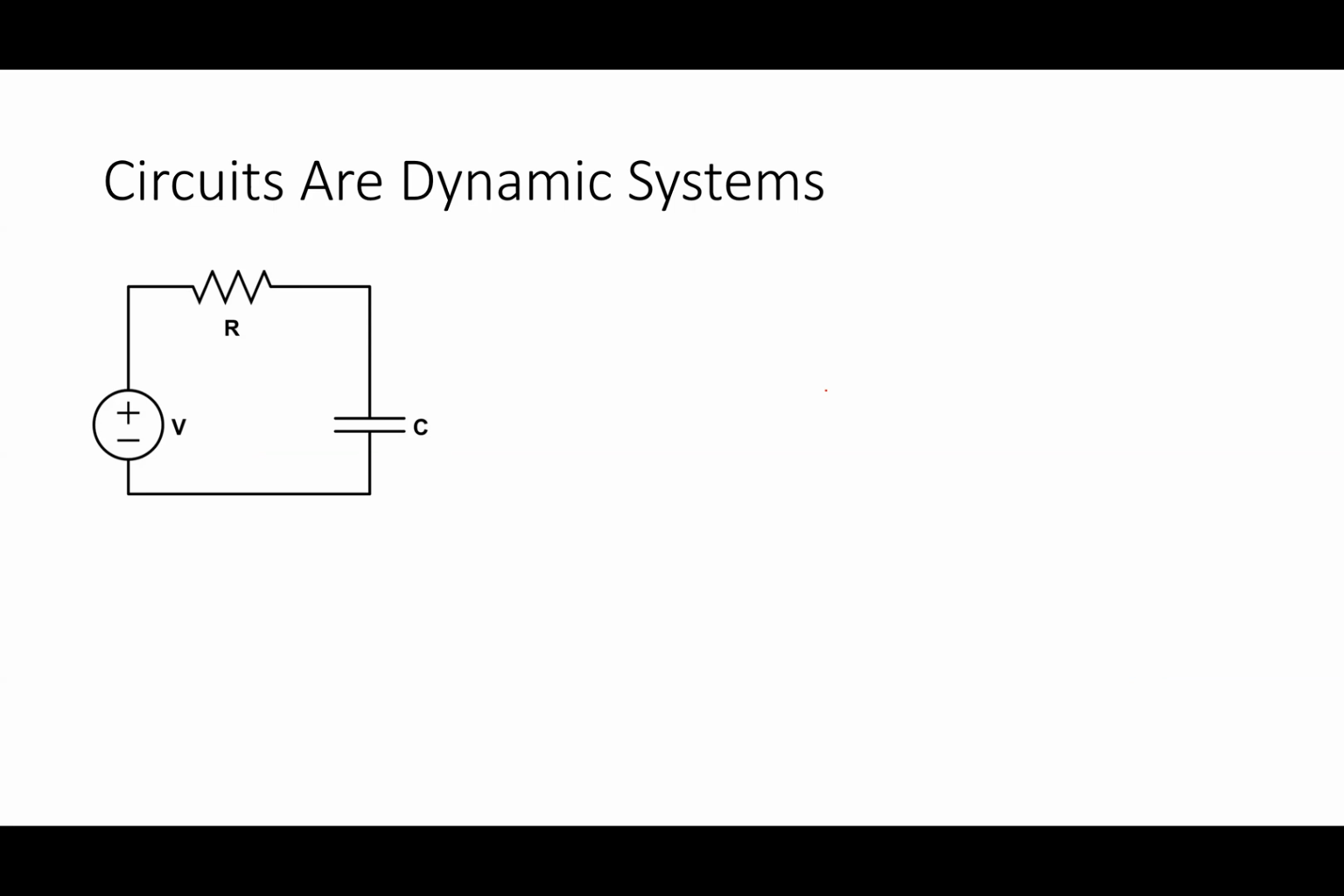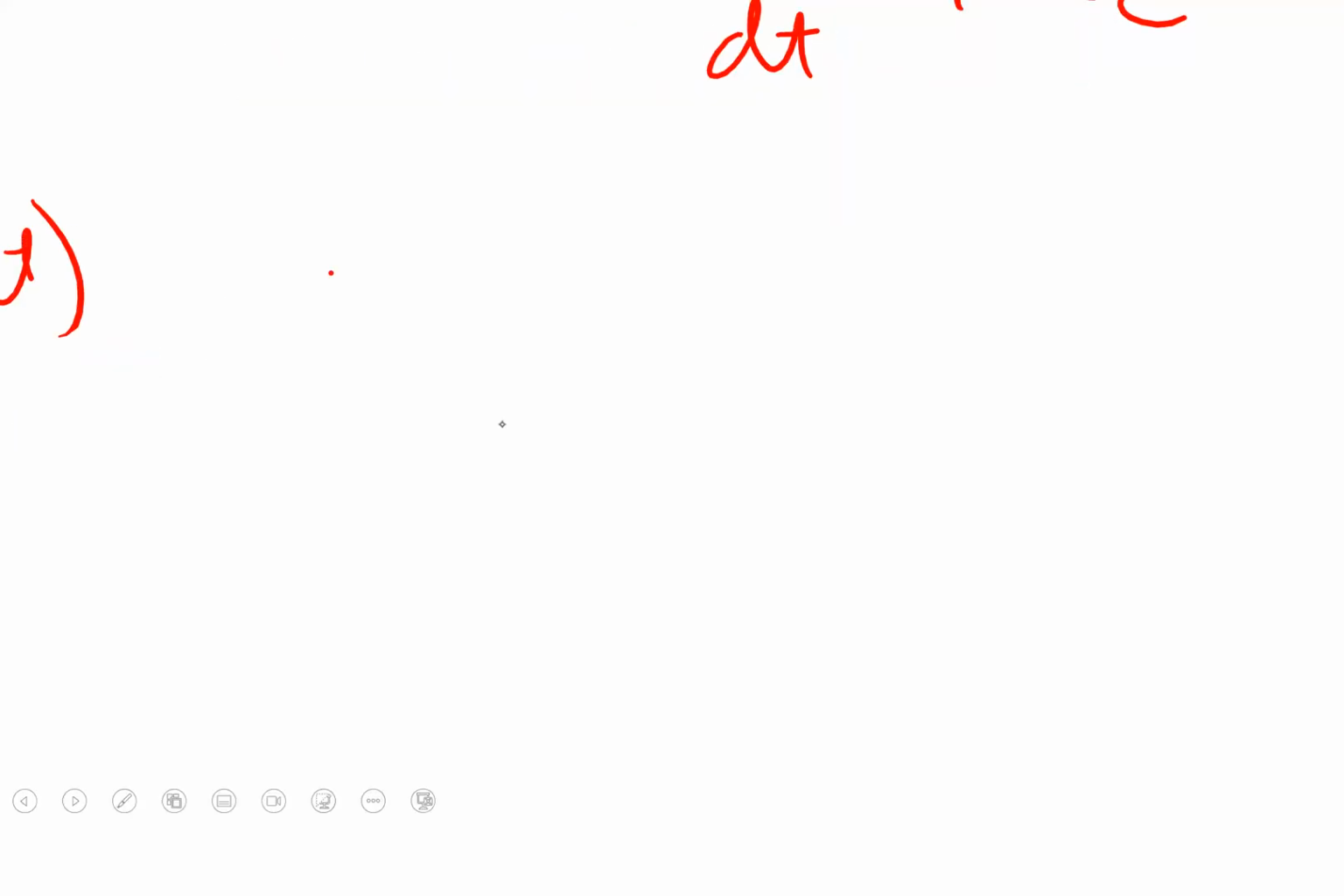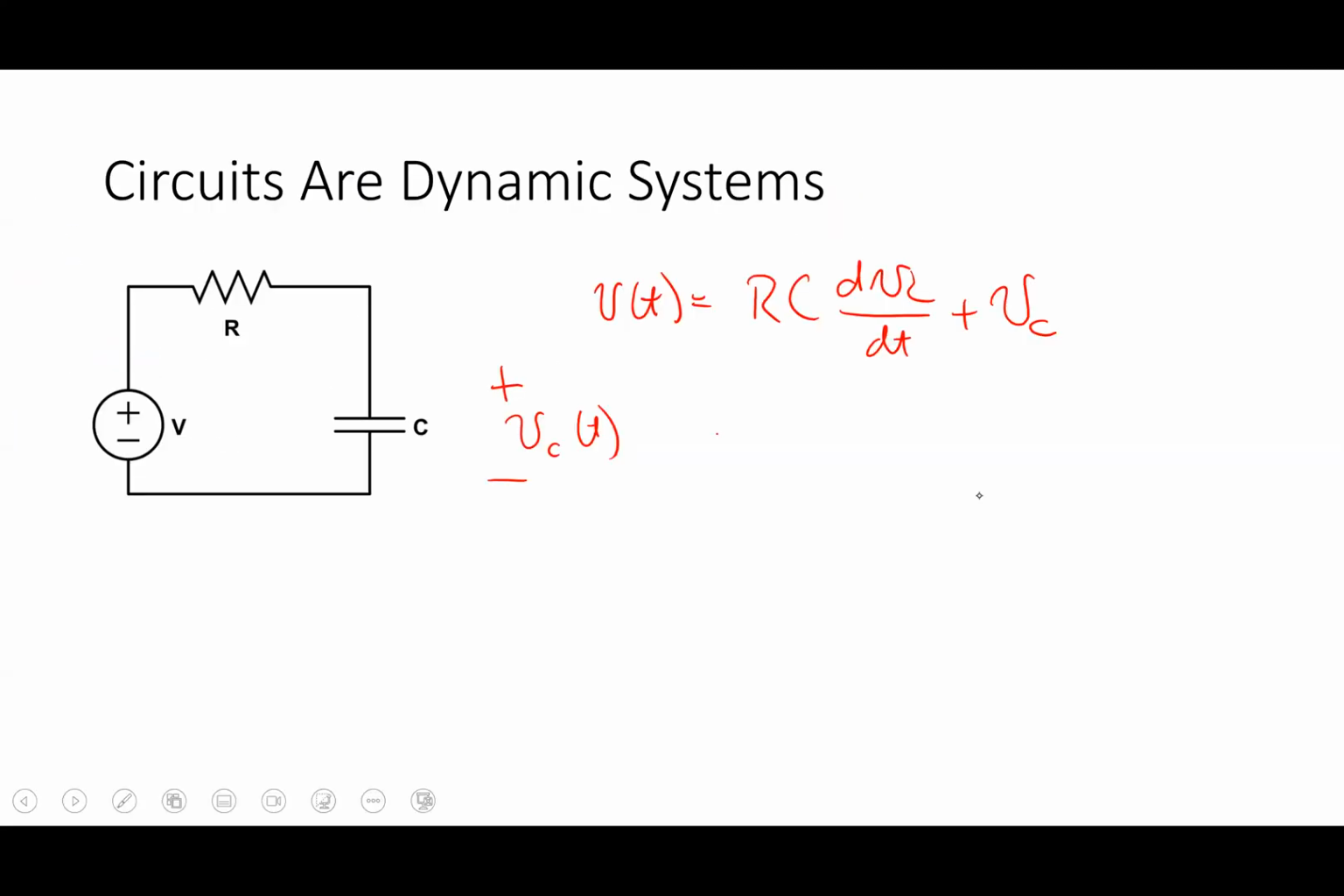But what happens if we have a different type of input? So we basically said previously, all right, my input is this. V of t is RC dVc/dt plus V sub c. All right, so this is our general form. If I had some other input, so let's say today, one of the inputs that I might consider is